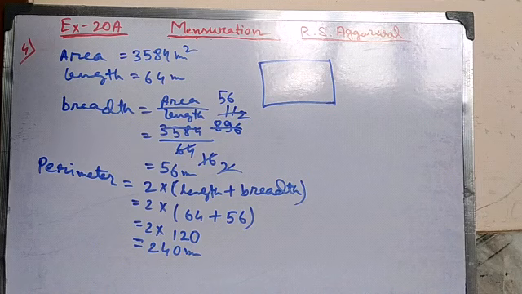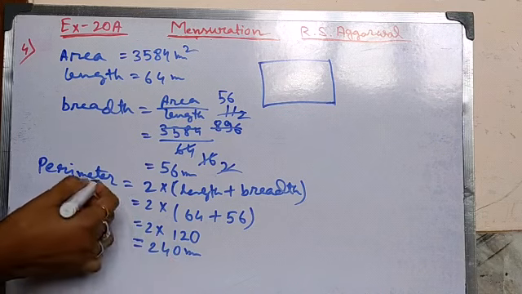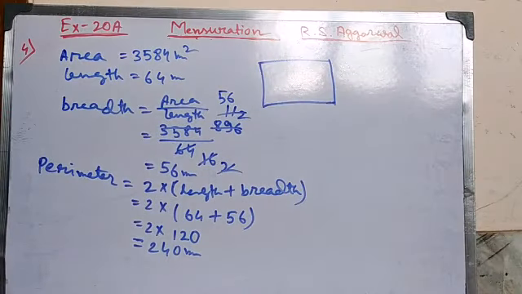Then here the rate is given, 6 km per hour. He runs around the field at the rate of 6 km per hour. That means in 1 hour he covered a distance of 6 km. So how long will he take to go 5 times around it? This perimeter is what he runs around the field, that is 240 meter one time. Then it is given 5 times around it. So we have to find out the total distance.